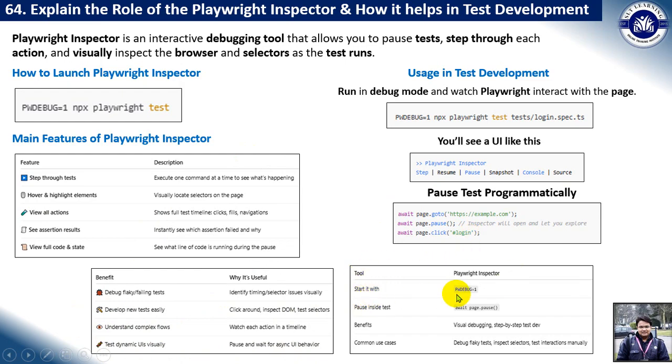This is the different tooling in Playwright Inspector. Start it with PWDEBUG=1, and pause inside the test case. You can use await page.pause, and it will pause at that particular step and help you do the debugging step by step, and you can identify the common use cases among those things. Okay,